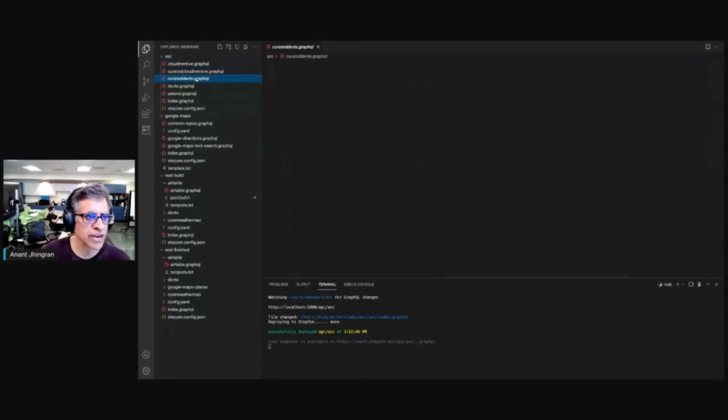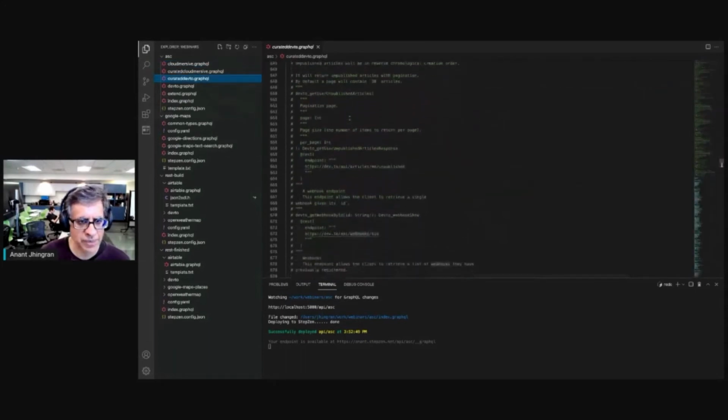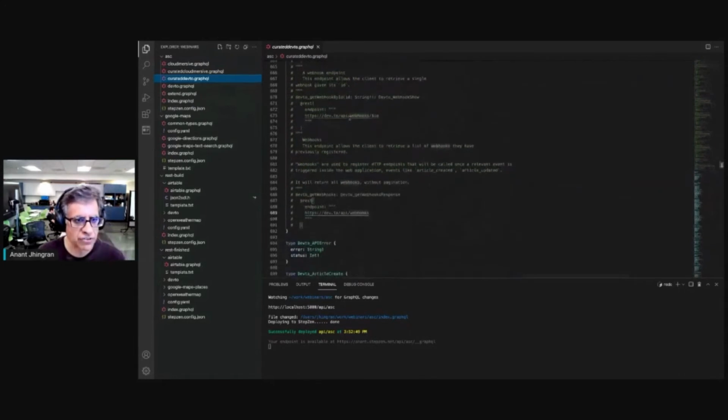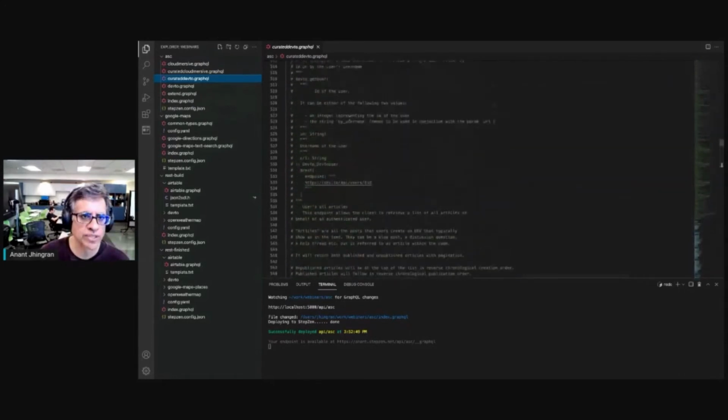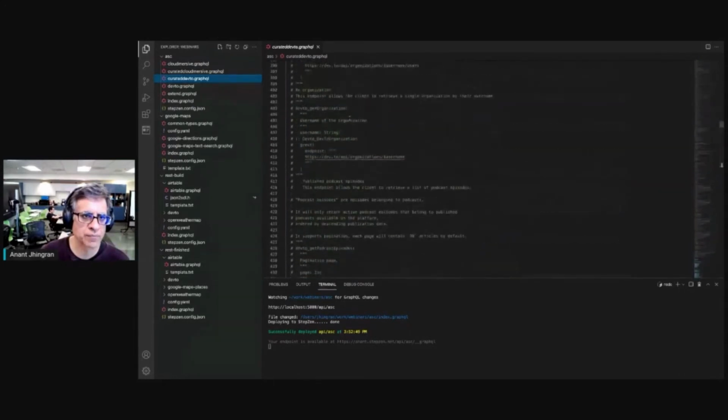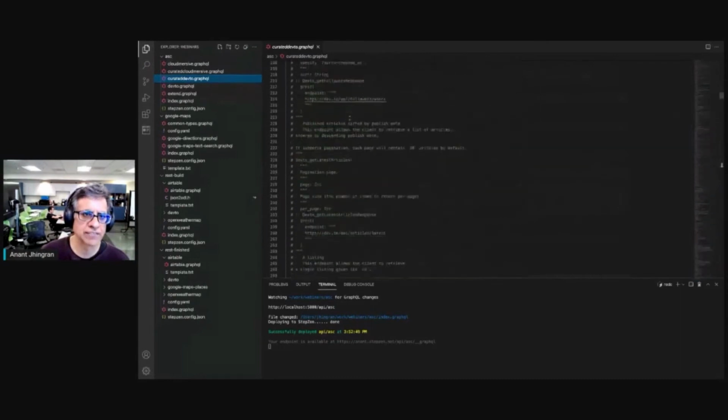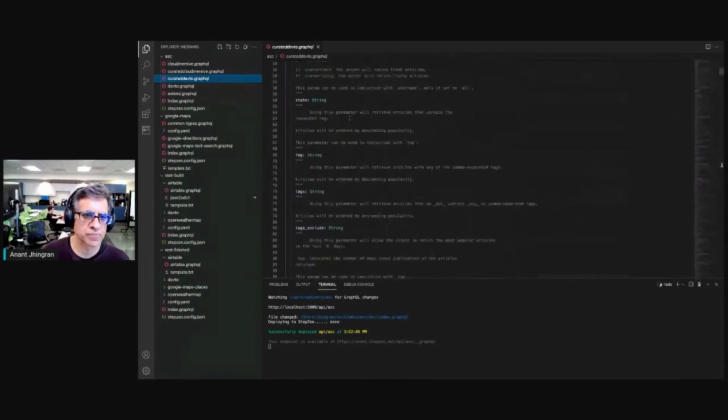So what we have done is we have created these smaller snippets by just commenting out stuff that is not really relevant for what the front end might want to do. All of this has been commented out. And then the only thing that's available is the kinds of queries that you expect the person to ask.